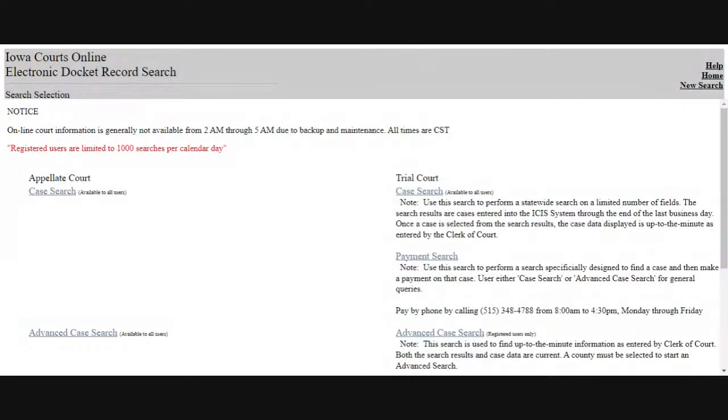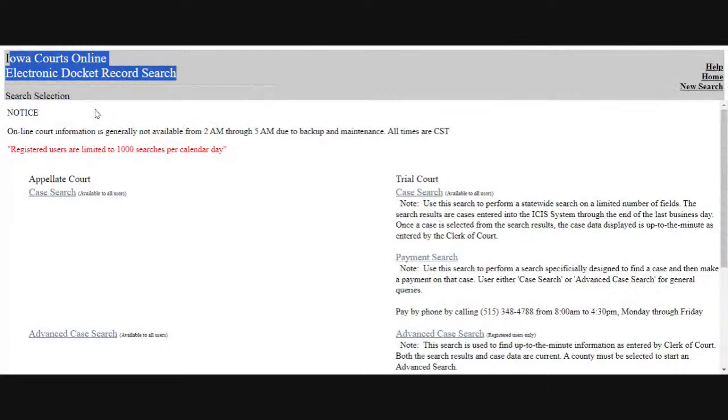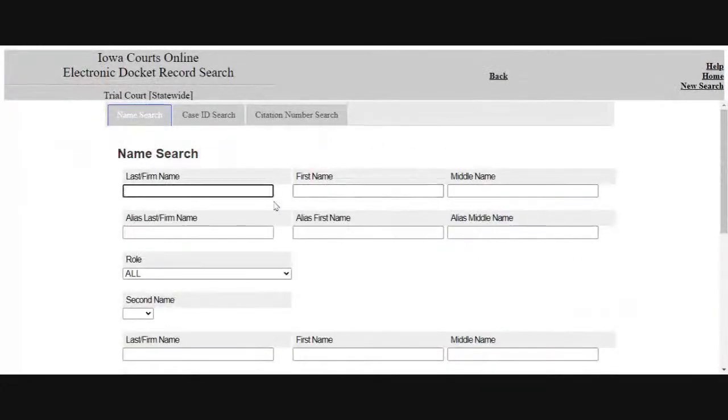What you're looking at here is the Iowa Courts Online electronic docket record search. It's a home page or a secondary page to the home page where you're going to do an appellate case search or a trial court case search. And we click on the trial court case search. I had a bench trial. And under the name search, they give you this box here. First box is an option. And it says